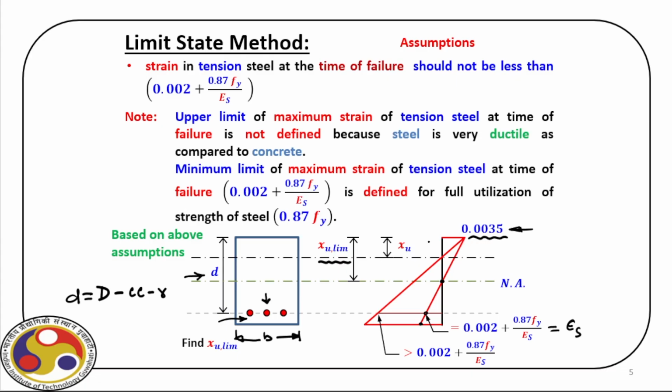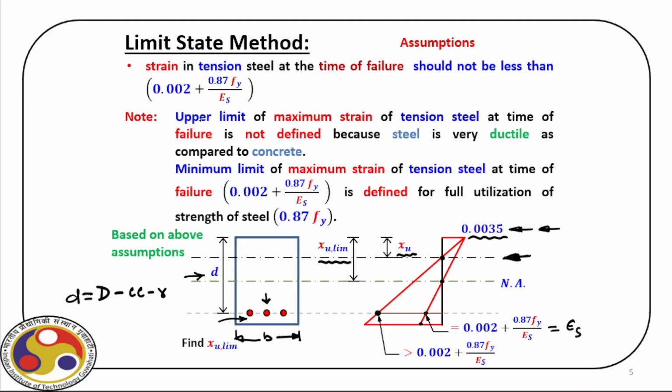Now it may so happen that the strain in concrete is what is here, and then steel can take more tension. So we have a strain value of somewhere here. Then if we join these two extreme points, obviously we'll have a zero strain somewhere here. Now for that, we again have this Xu, but this is not the limiting case. And you all know from our discussion on working stress method, this corresponds to under reinforced design, right? We will see that in a minute, how we can find out the sectional capacity.